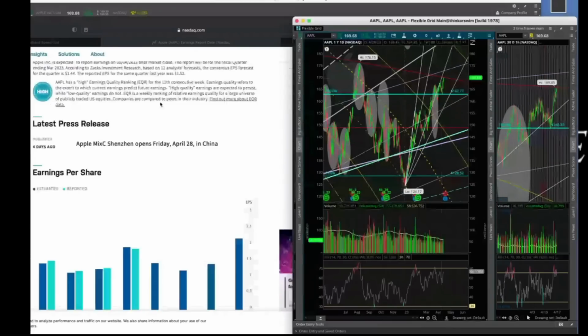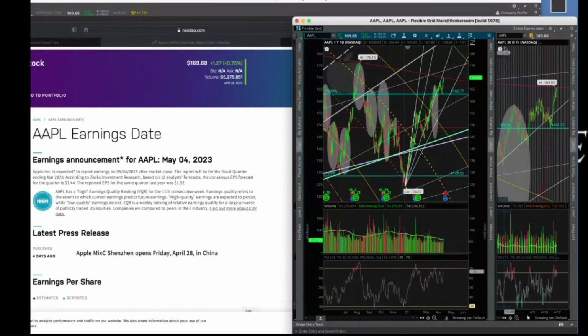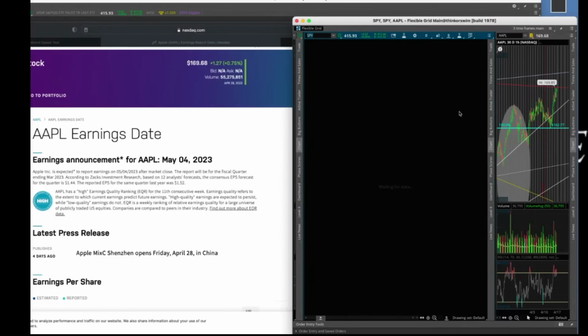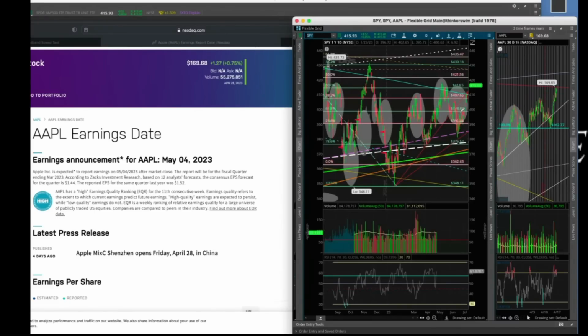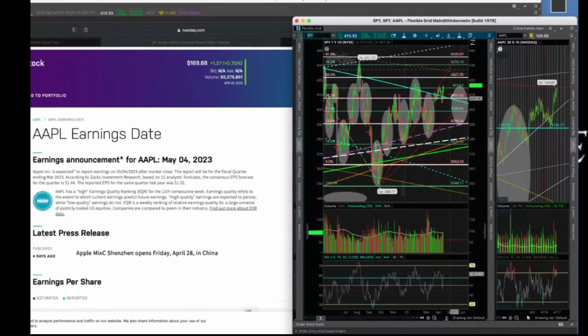And if it was 162 for Apple here, where does that take SPY? It'll probably pull back to 407, right? Maybe 409, and then 407. So just keep that in mind. That's why I was saying 421 to 407, as well as